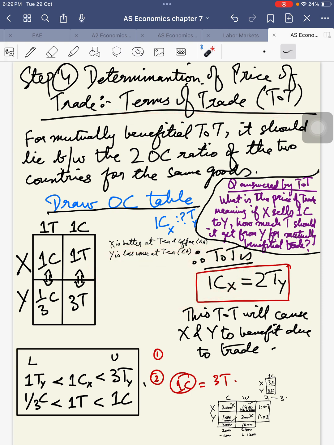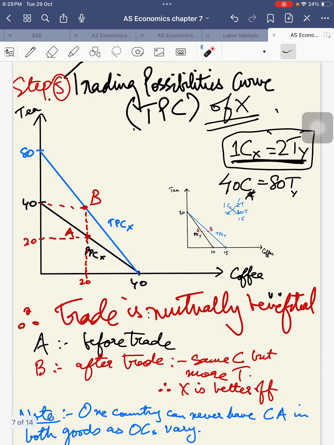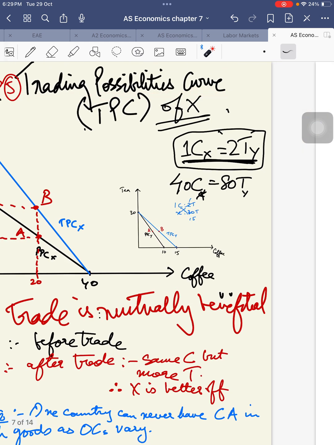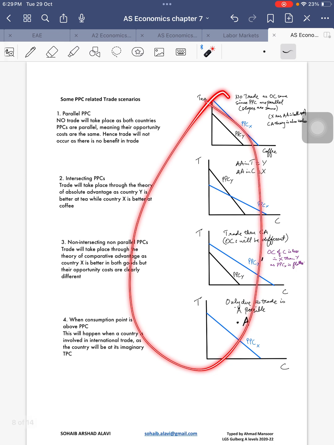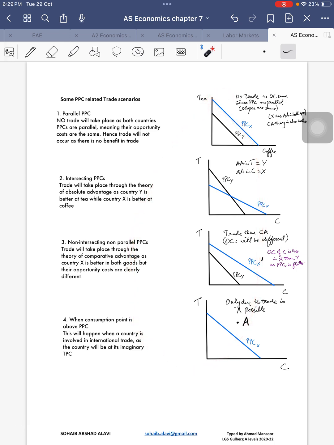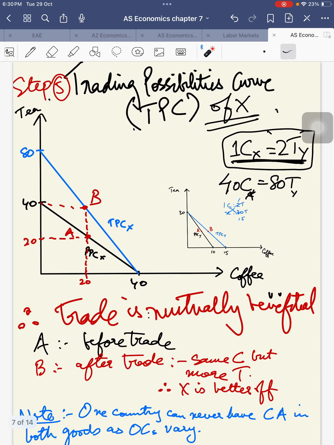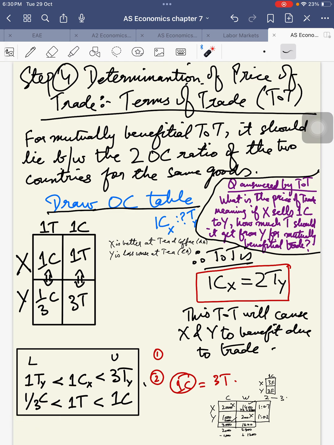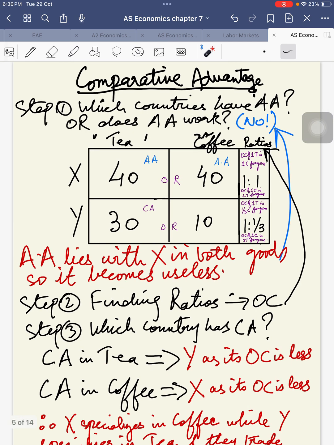This is something that I will do. I thought that I would probably cover this in this class, but I feel we've already covered a loaded topic of comparative advantage in this class. Let's go through terms of trade in the next lesson, because this is also a pretty loaded topic, and then we'll talk about the trading possibility curve and then some important diagrams concerning trade and concerning absolute and comparative advantage. So this is something that we'll talk about in the next class, because I think we've done some very loaded